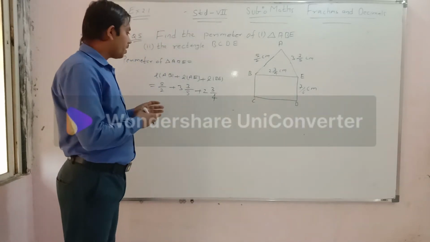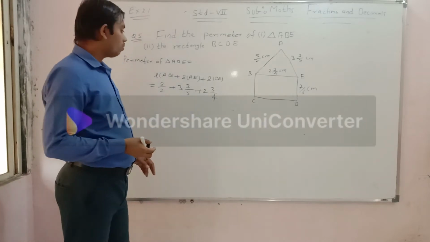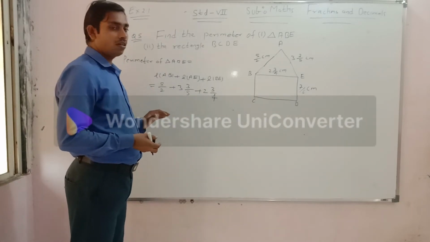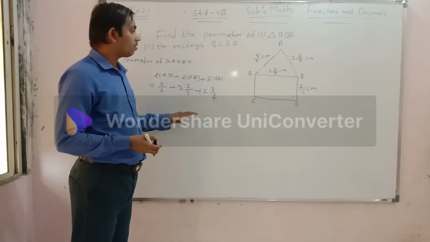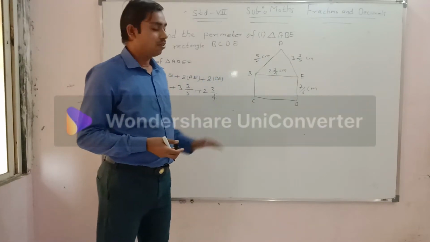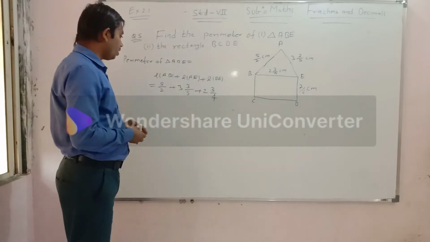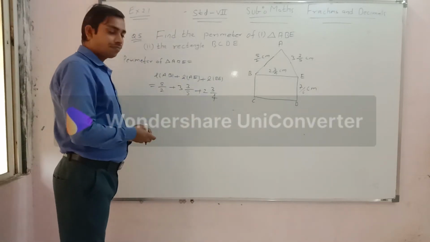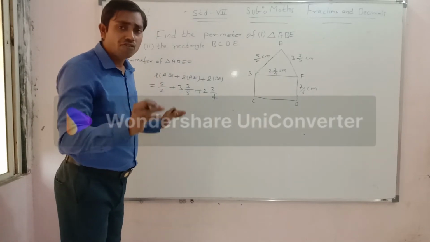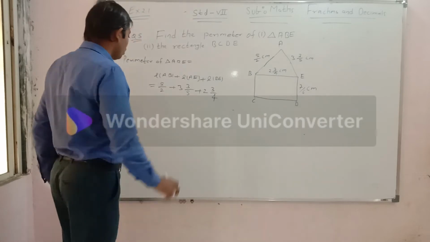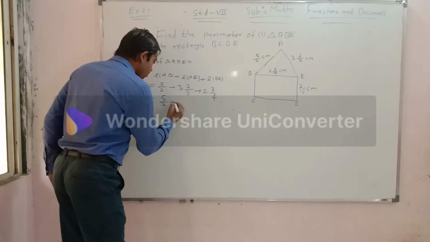Now look at this, my dear students. Here there are two mixed fractions given. So I have written here the sum of all sides for this triangle, and that is called the perimeter of the triangle. So let's see, my dear students, after this what to do? First let us convert these mixed fractions into simple fractions. So how to do it? Let's see. 5 by 2, leave it as it is.